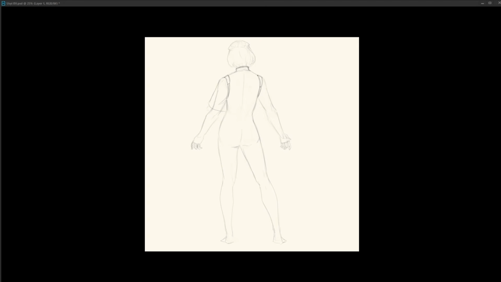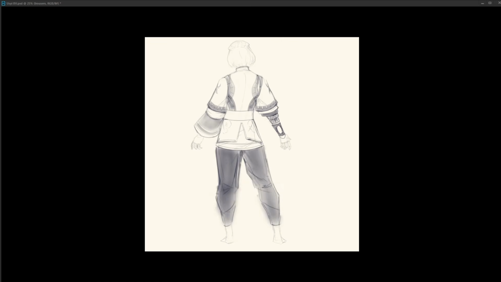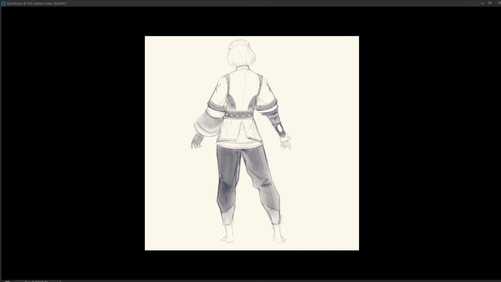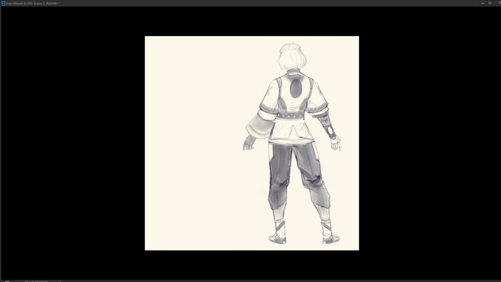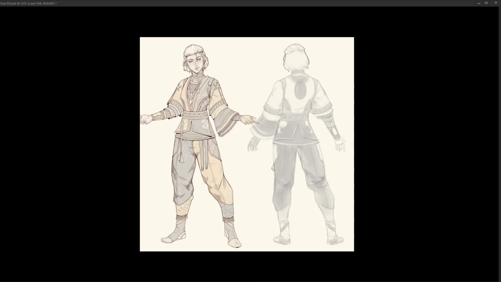So now I'm doing a back view of the character. This is useful for if you imagine this to be a concept for a game, like a video game for example, then you can imagine that to help the production process as a concept artist, you're going to be handing it off to the 3D artist next. And so having more views for the 3D artist aids them in their ability to create this character in 3-dimensional space.